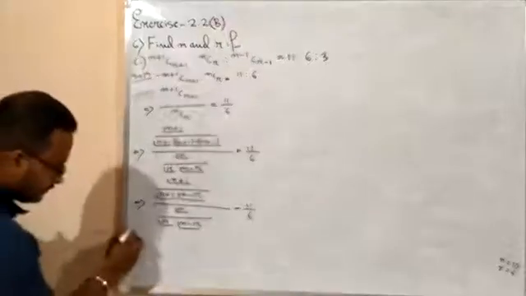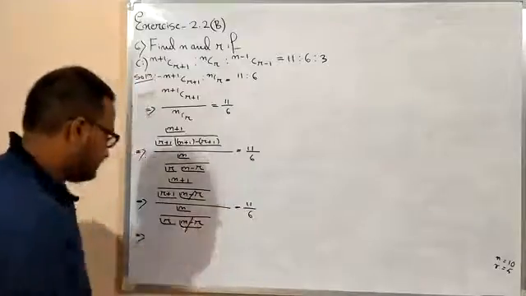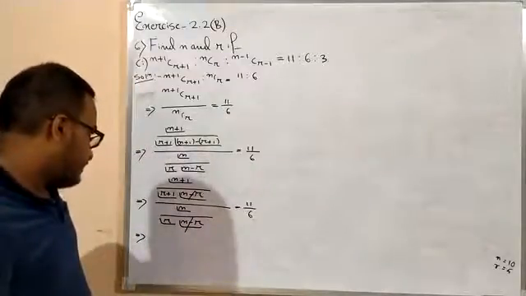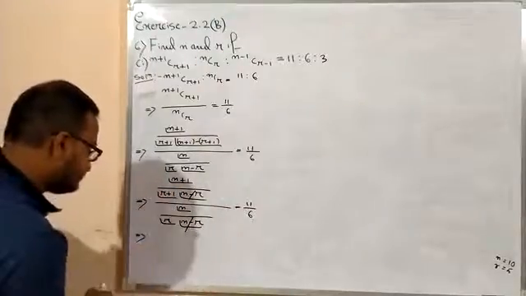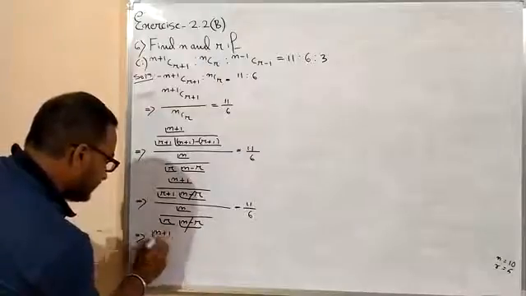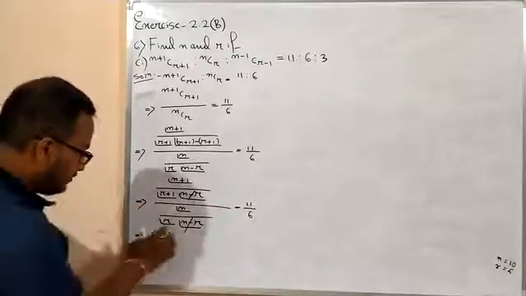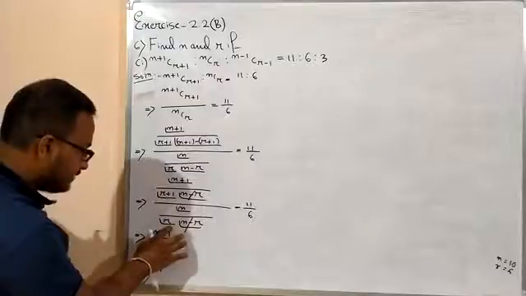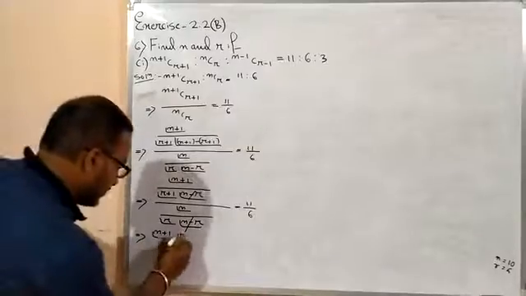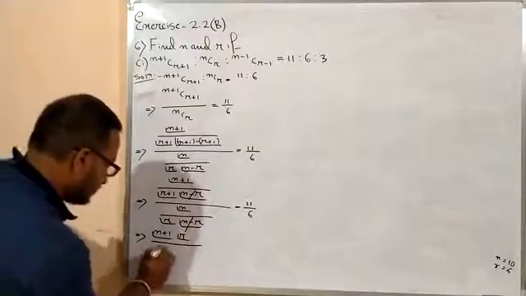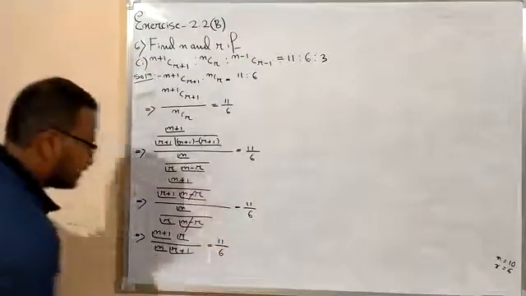That will be what? This term and this term cancel. Now you see, this can be written as factorial n plus 1. I can bring this term in the numerator of this ratio. So it will be factorial r, whole thing divided by factorial n into factorial r plus 1. So it is 11 by 6.